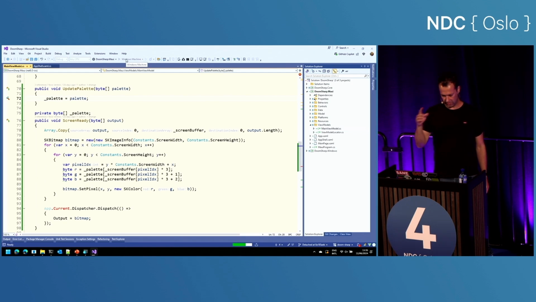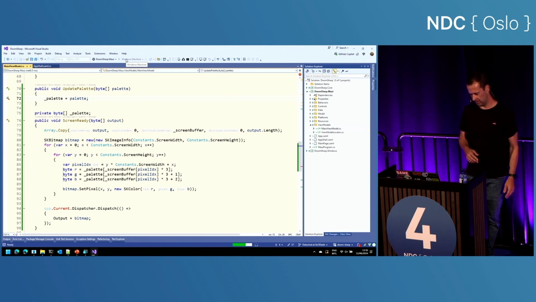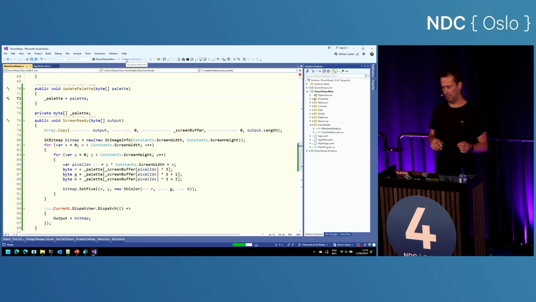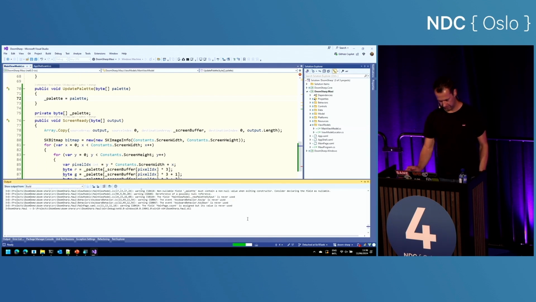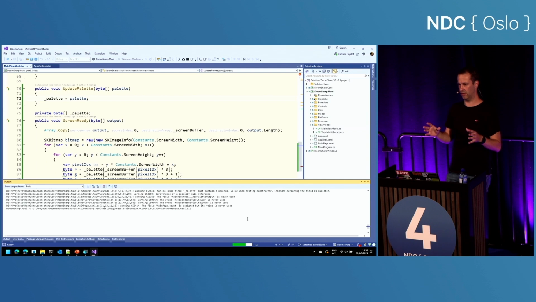I tried this demo this morning as a form of dry run. And what I then usually do is I git reset everything to throw everything away, but some symbols might have been left behind. So what you will see if this actually compiles and runs is you will actually see Doom running.